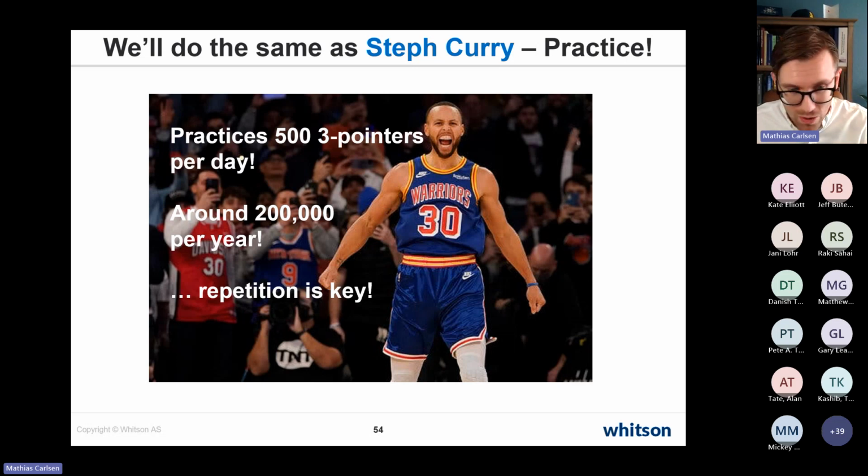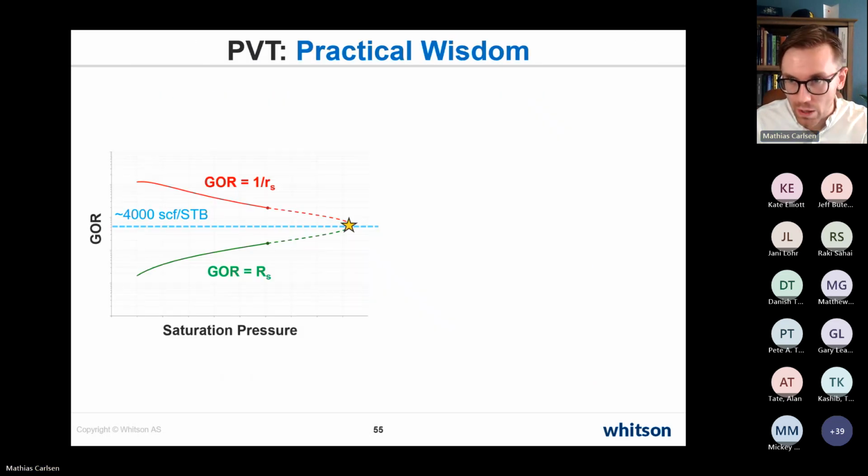I've never done it before, at least live like this. We do this all the time for more offset things. But what we're going to try to do is provide you with some practical wisdom in general, and some rules of thumb that I really think you should know when you're dealing with PVT in tight unconventionals. The first thing is to try to rewire your mind to